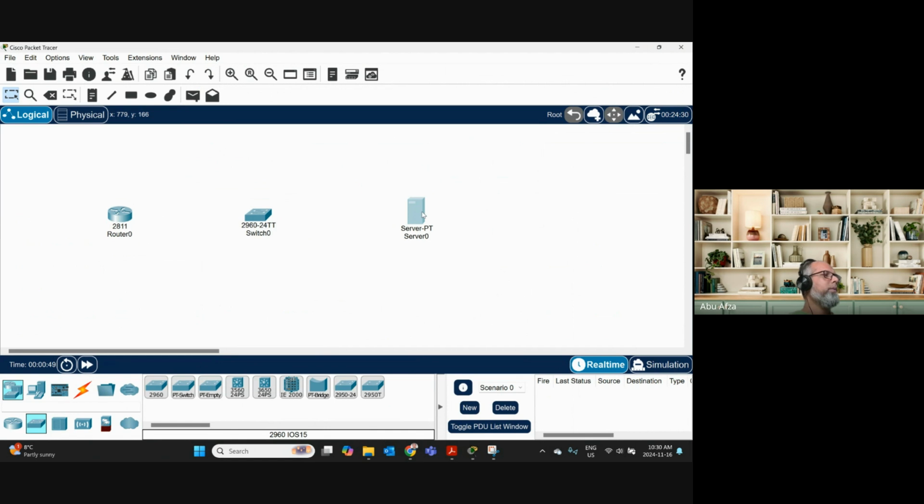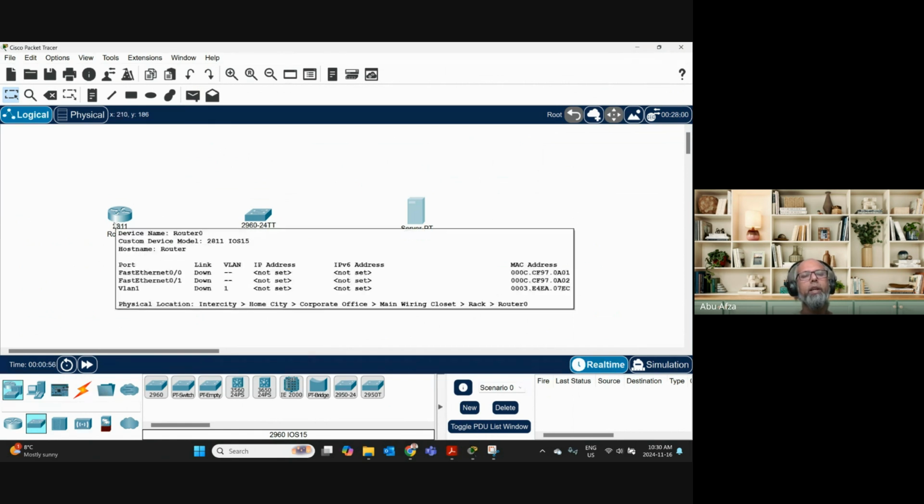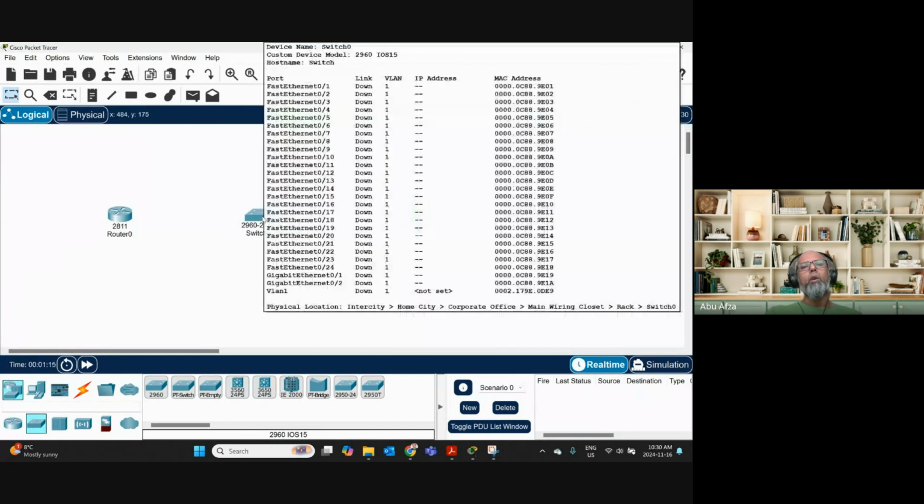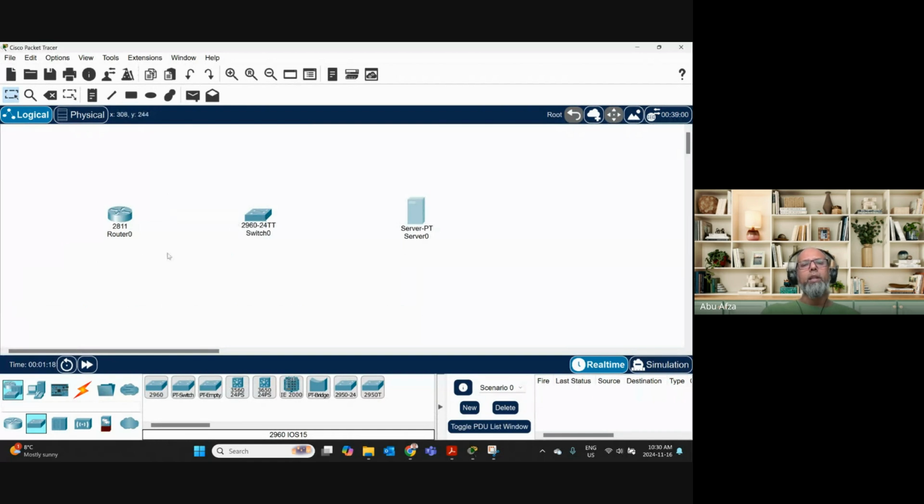Why are we using a switch? Because it is not a good idea to connect any computer directly to the router. That's not a good idea. Why? Because the router is costly. For this reason, if any port is not working, then it will be a headache. So we are not connecting any workstation directly to the router. In between, we always use a switch, and when we use a switch, another thing we use is called a patch card. Patch card means,